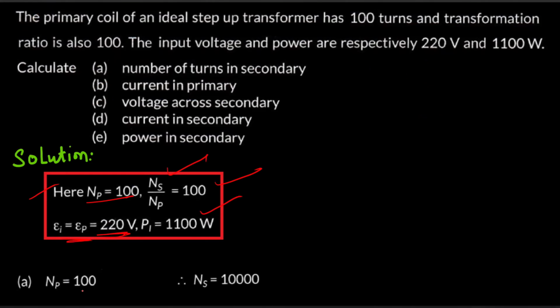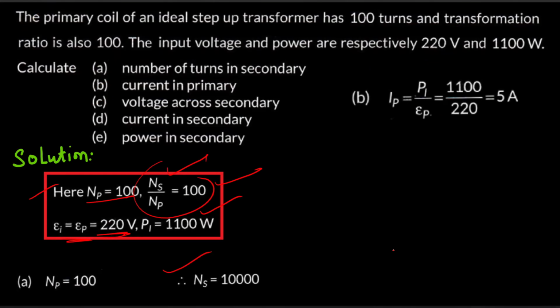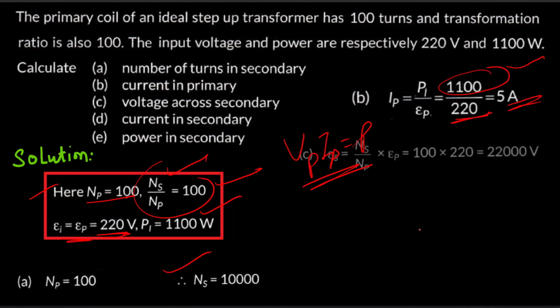तो सिंपल है क्वेश्चन. पार्ट ए एनपी, एनपी इज नथिंग बट 100 बिकॉज हमारे पास एनपी की वैल्यू 100 है. तो एनएस अपॉन एनपी से यू कैन कैलकुलेट द वैल्यू ऑफ एनएस एज 1000. सिमिलरली बी पार्ट में आपसे पूछा करंट इन प्राइमरी, तो करंट प्राइमरी के लिए P अपॉन EP कर दीजिए, जैसे मैंने आपको बताया था कि VP इंटू IP इज इक्वल टू P पावर, तो 1100 आपकी जो है पावर है इनपुट पर और 220 वोल्ट प्राइमरी साइड का, दिस बिकम्स 5 एम्पियर।